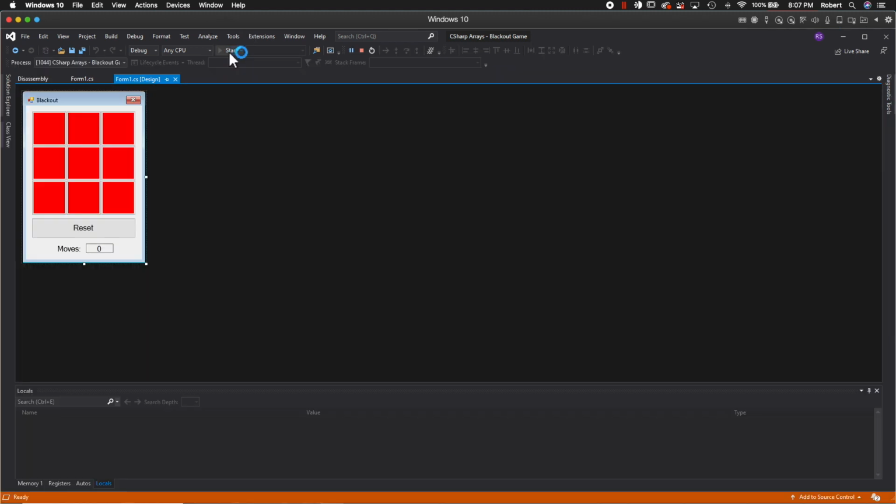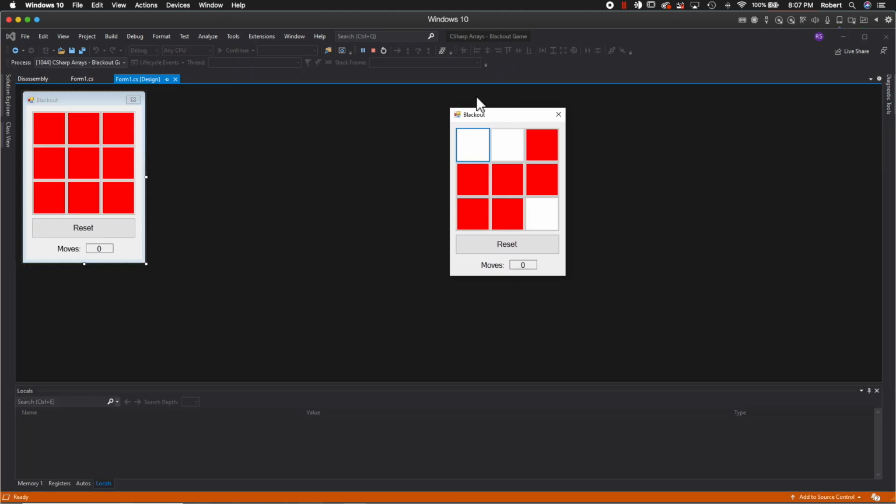If I were to run this program, you'll recall last time, the way that we played the blackout game is anytime you click a button or a cell, that button swaps its color from white to red, red to white, and any adjacent button also swaps from white to red, red to white. So for example, if I were to click a corner button, this will turn red, this will turn red, this one will turn white. So let me go ahead and click it. Voila. You'll notice that this button was not clicked, and that's because it's a diagonal button. So only adjacent buttons are swapped.